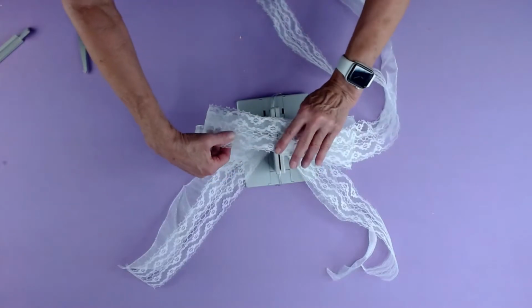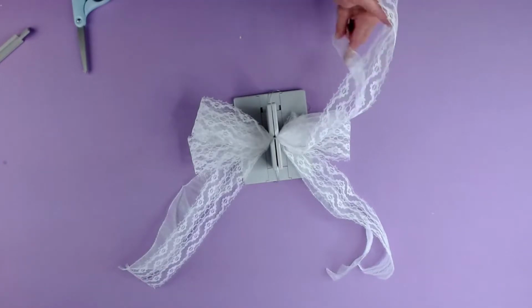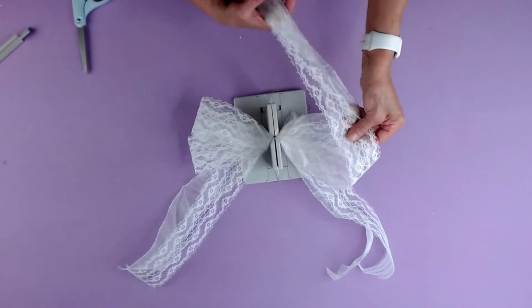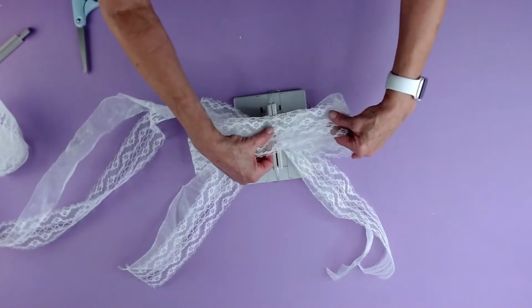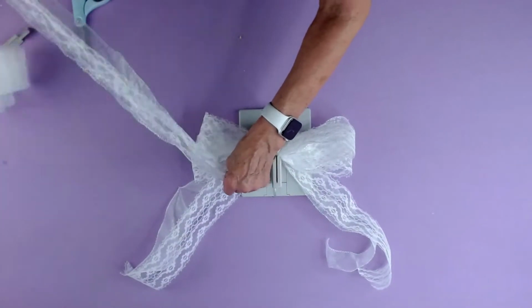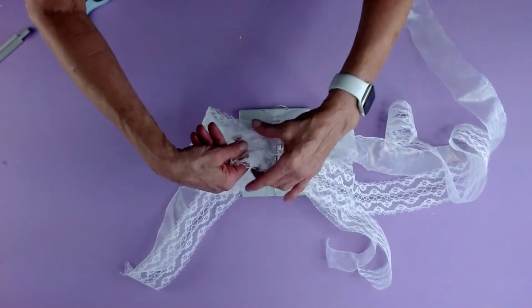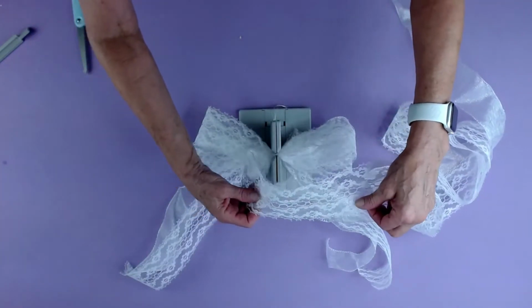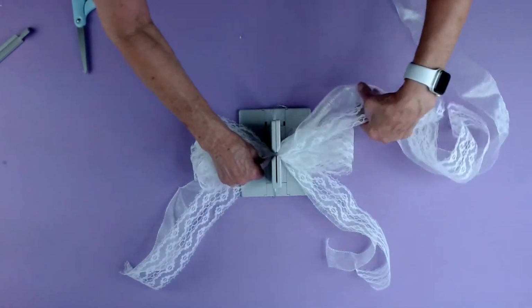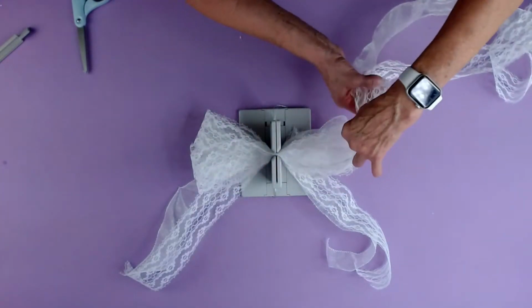ribbons in here. We're just going to fold, twist, and scrunch that down. And you just want to make sure that the lace and the sheer are together. So we're just going to again fold it, twist it, and this sheer gives the lace a really cool background. So it's not like, rather than having the holes in the lace, the sheer gives it a nice elegant look. So we're going to just twist it, and again we're going to just put our two ribbons together,